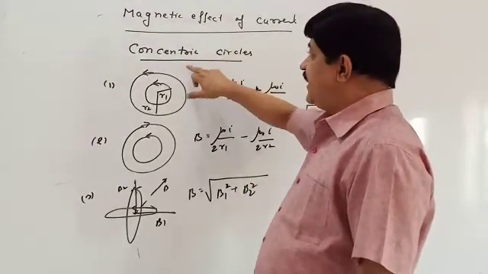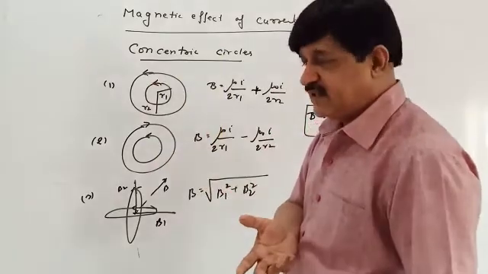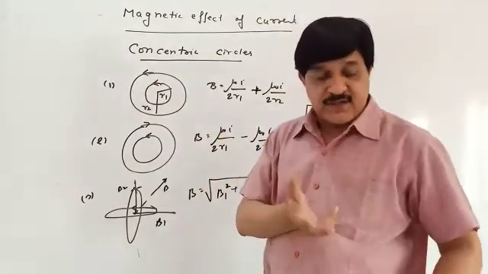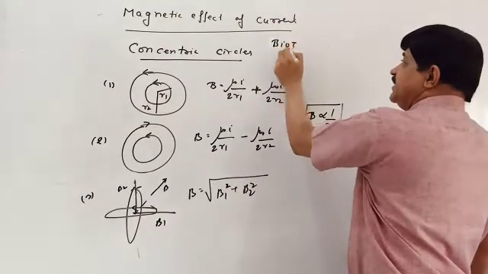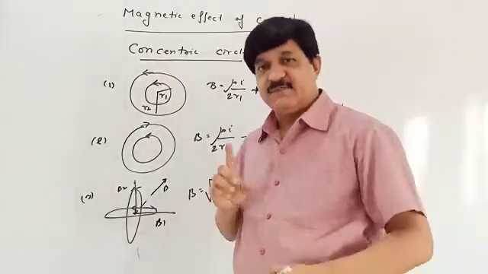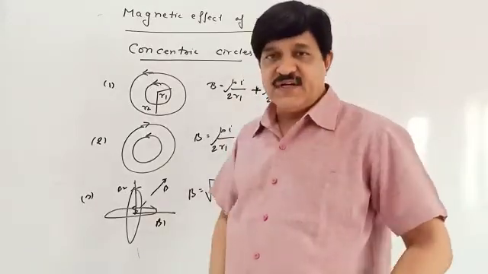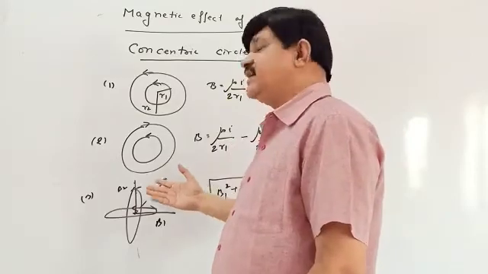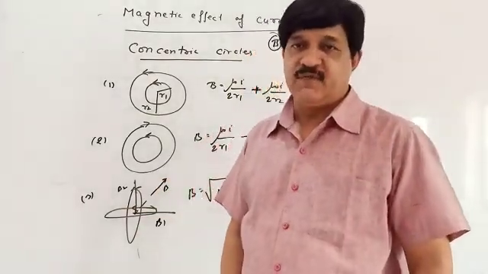Number two, whenever you want to find out magnetic field, there are so many ways, but the first and foremost is Biot-Savart law. And for Biot-Savart law, when you say Biot-Savart, B-I-O-T, the magnetic field symbol is also derived from this B only, and that's why magnetic field is denoted by B. For concentric circles, for perpendicular circles, and for circle symmetry, we always use Biot-Savart law for magnetic